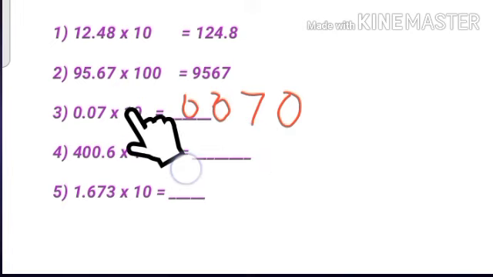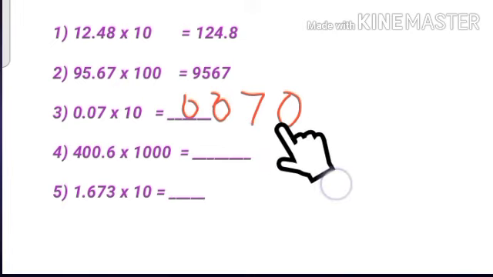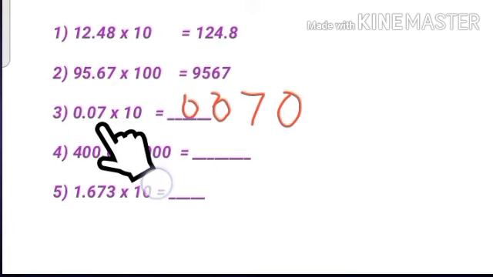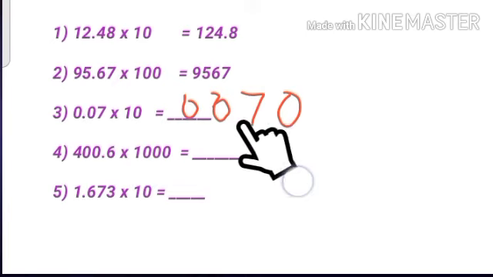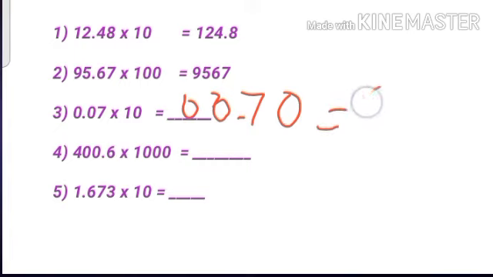And then we have to add 1 zero when we are multiplying by 10. So I added. Now how many numbers are there in the decimal part? 2 digits are there. So the same digits we have to keep. So 1, 2. So between 0 and 7 we can keep the dot. So actually what is the answer? 0.7. After 7, for this also we don't have any value. Here also we can put one number, 1 0. That is enough.